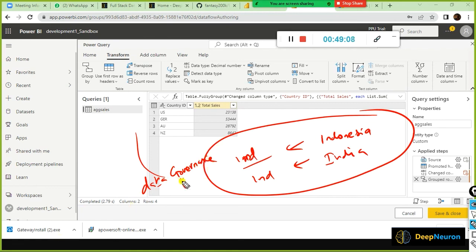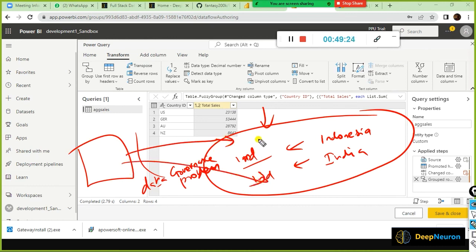So what do you mean by data governance problem? Each company's data engineering team comes up with some data governance process in place. As per that, they will strictly inform each location's staff, hey, you need to use this naming convention. So for India, I need to use India. For Indonesia, you need to use IND, something like that. It should not be IND, IND. In case you find something like this, that's the reason why the data exploration part is very much